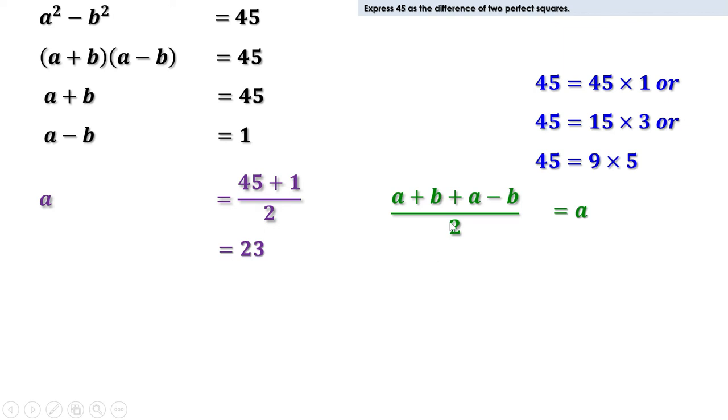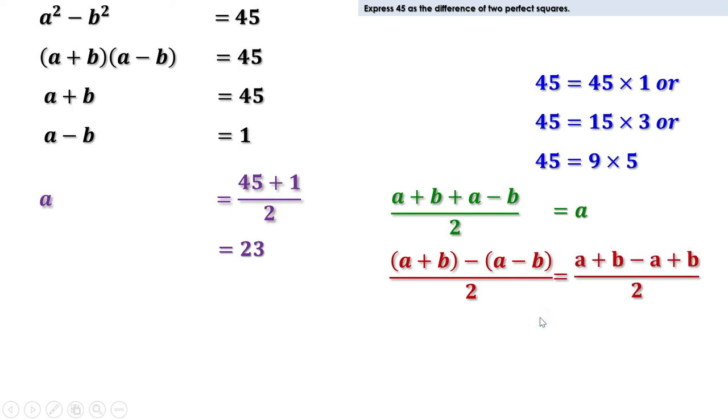Now let us find the difference of a plus b and a minus b and divide it by 2. That is (a plus b minus a minus b) by 2. Let us first remove the bracket. This can be written as a plus b minus a plus b divided by 2. A minus a is 0. B plus b is 2b. 2b divided by 2 is b. That is, b is equal to (a plus b minus a minus b) by 2, or b is equal to